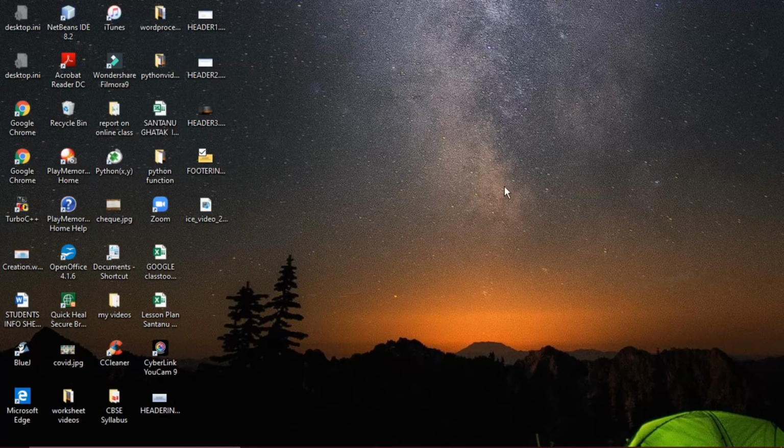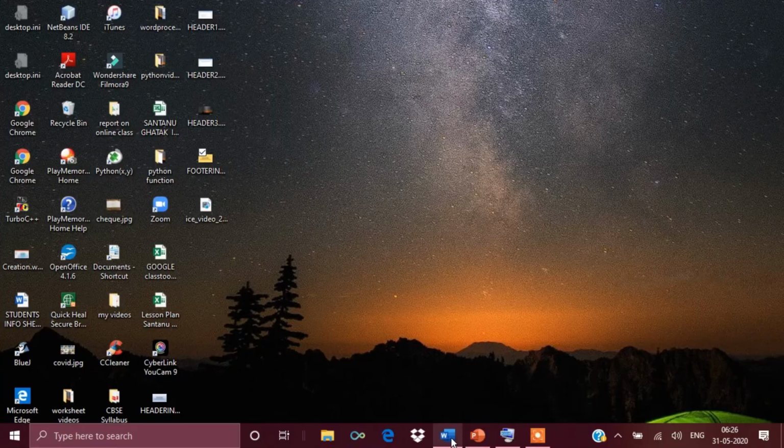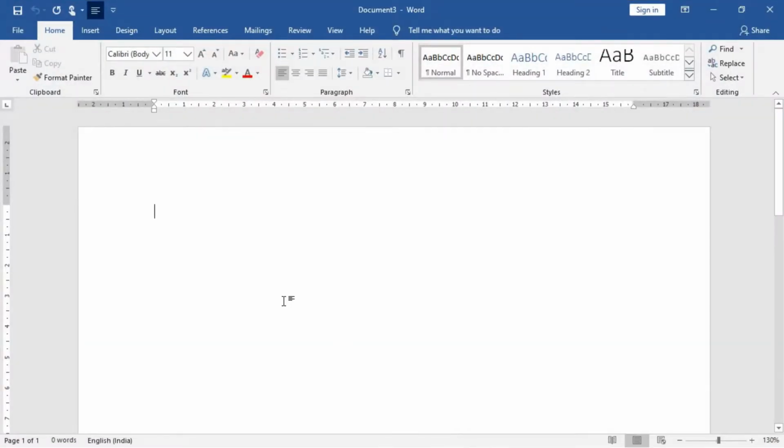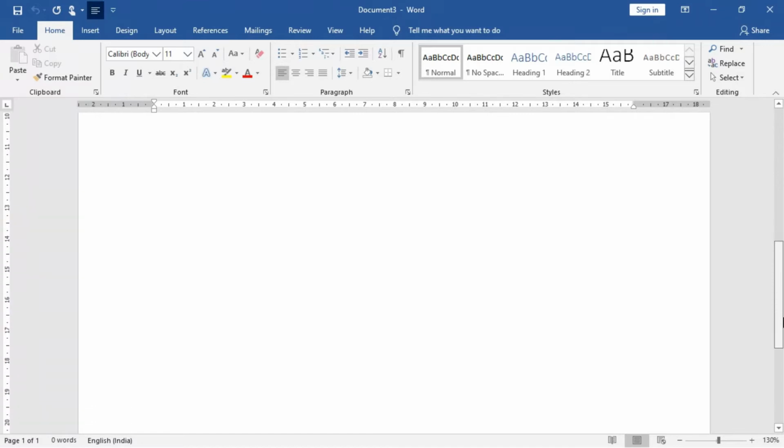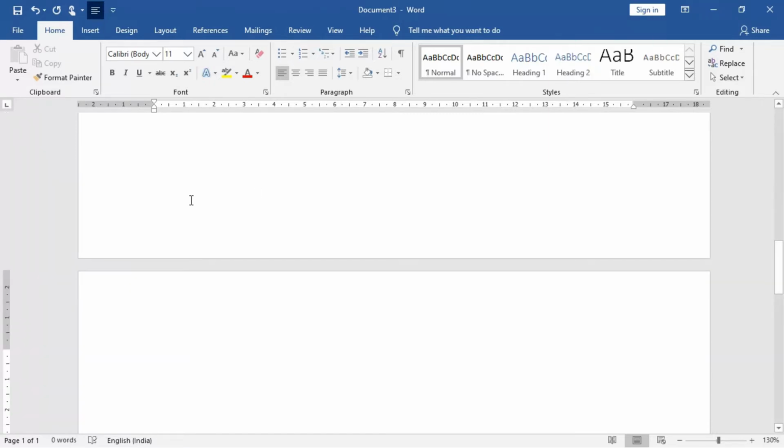For managing the footer, students, first of all, we have to open a new document. So the document has been opened. Okay, and go to the Insert tab on the ribbon. All right, so place your cursor before inserting the footer, otherwise it will be inserted as a header. So bring the cursor down to the bottom of the page of your document. All right, so now we will click out here.